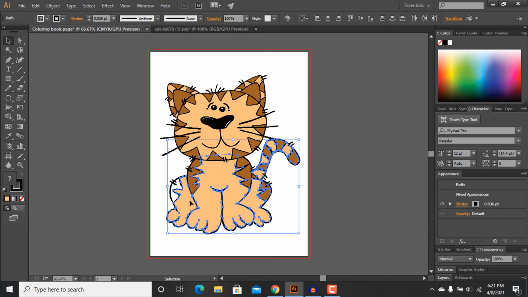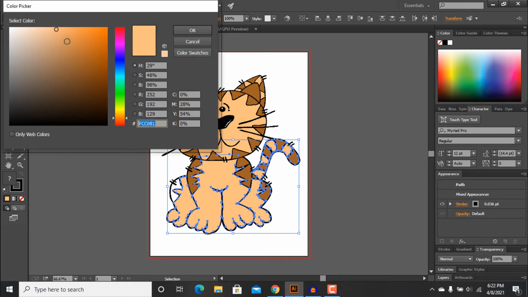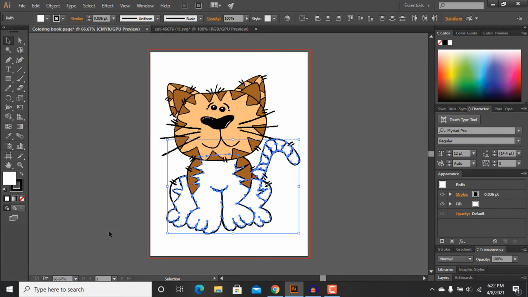So what we can also do is, after doing certain selections, as you can see, I have selected different parts here. What we can do is select this. As you can see, the fill color is showing unknown here because we have two different fill colors. So we are going to select this fill and change all of the fill color to white and press OK. So friend, as you can see, we have successfully done it.